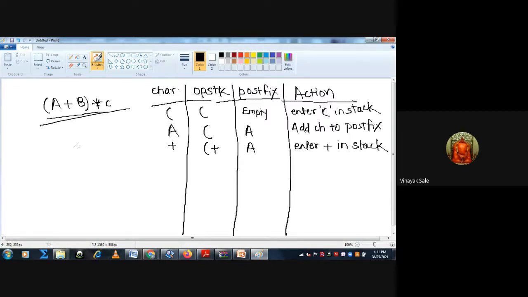Then the next character is B. The operation stack is opening bracket and plus, the postfix is A B, and the action is add character to postfix.